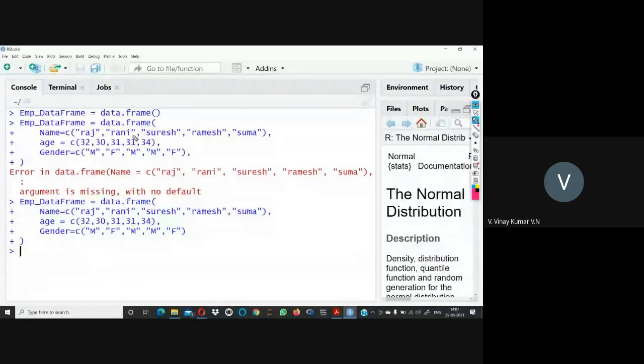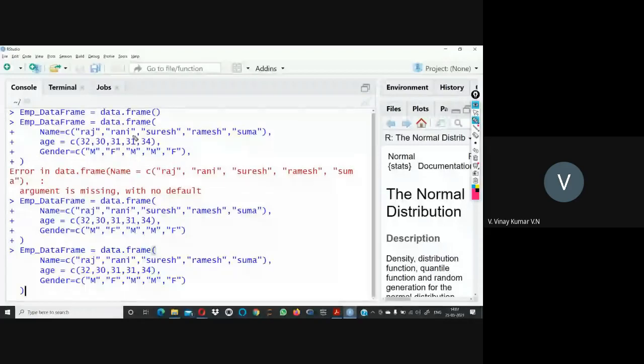But if I want to enter more, I should put a comma here, then shift enter again. What I want to create next is employee ID. So this is my employee ID column, combining all these elements. Since it is case sensitive, it is better to maintain small case. So employee ID,